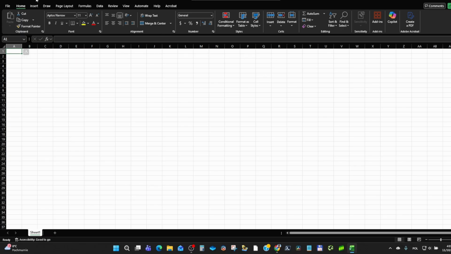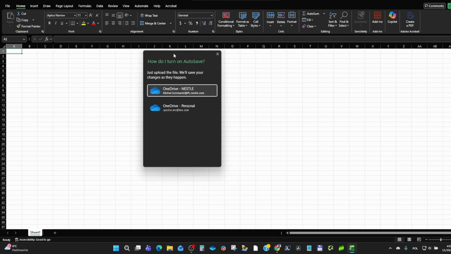On my Excel you see in the left upper corner that AutoSave is not set up. When I click, it's actually off. When I click on, the additional option will be visible, and when I choose which OneDrive I would like to save to and name the book and click OK,